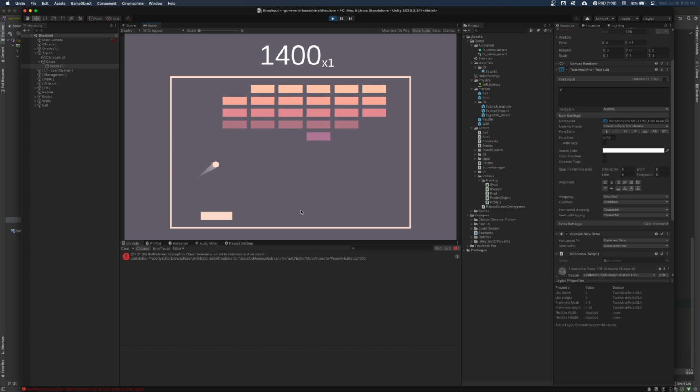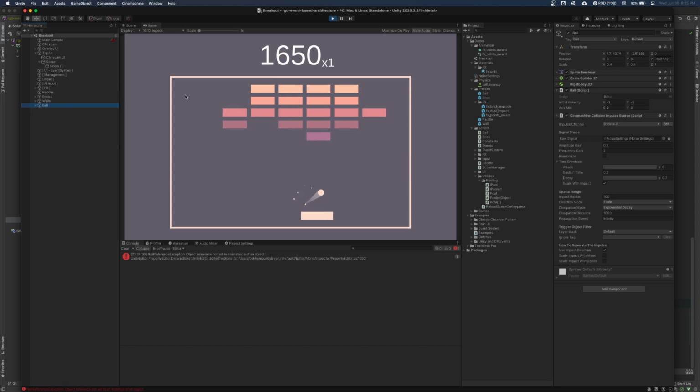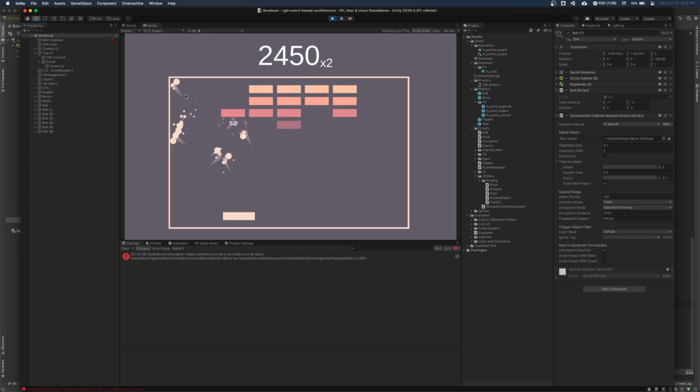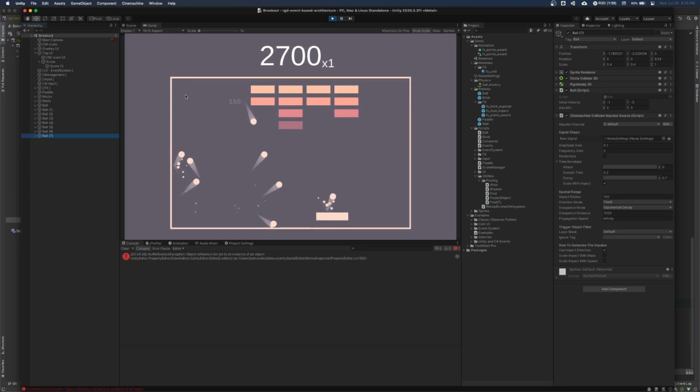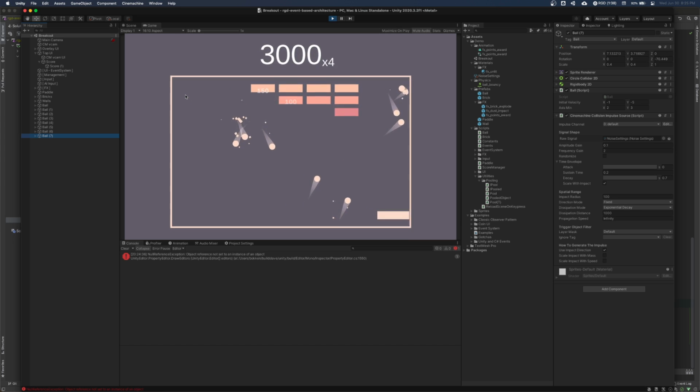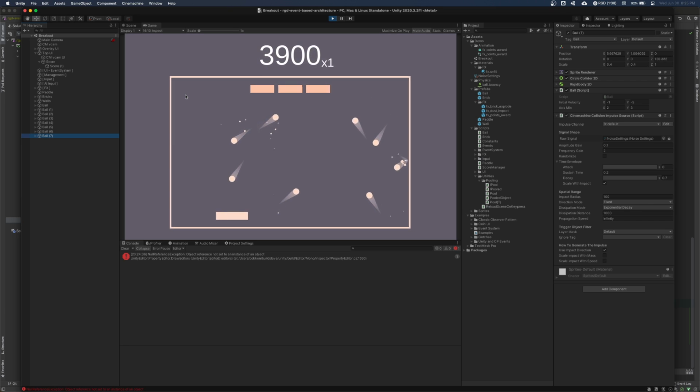I think I anchored it wrong, so it moved a little bit funny, but it increments with each combo. It shows what your current combo is, and then it resets when it's done, or when it resets at the paddle. And of course, as with before, your designer says, well, we need more balls in the game, because every game needs more things flying around on screen. And this still works more or less the same. It's our designer's fault for not saying that it had to be one specific ball, but if any ball touches the paddle, then it resets the combo.